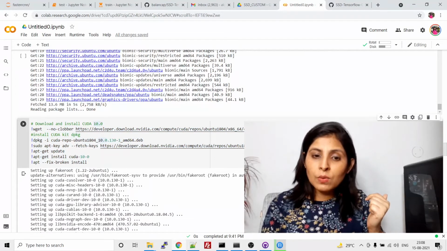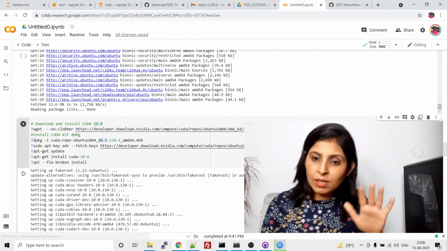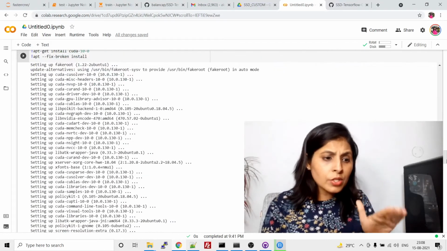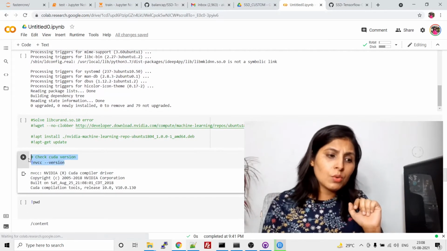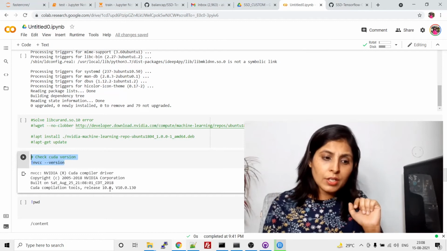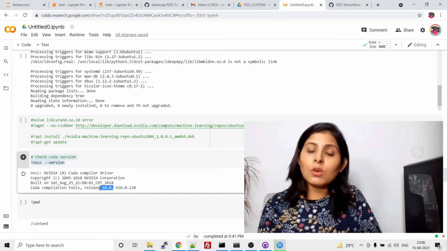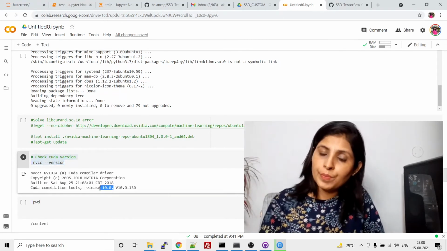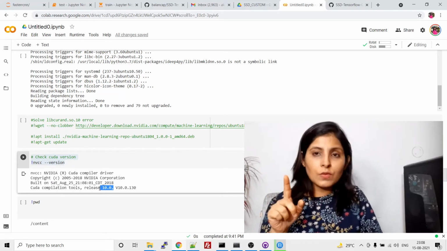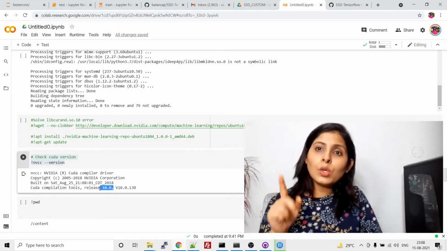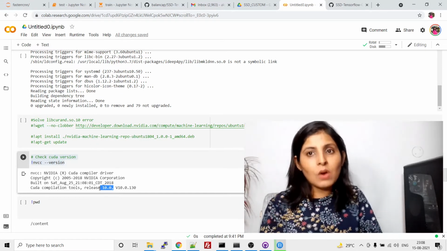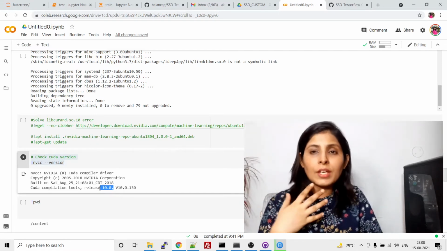You can see over here we are installing CUDA 10.0. It will take some time, and once you install it, you can check the CUDA version again. Here you can see we are using CUDA version 10.0. So now we have TensorFlow 1.15, TensorFlow GPU 1.15, and CUDA version 10.0. Now our environment is ready so that we can execute this code.